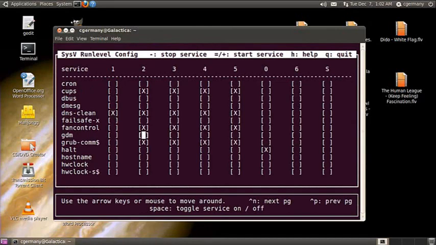Alright, and so if I wanted to use this tool, again, I could go here and enable or disable GDM across the board, but even being disabled all the way across the board as it is, it still loads at run level 2. So you'll probably at this point want to just edit the